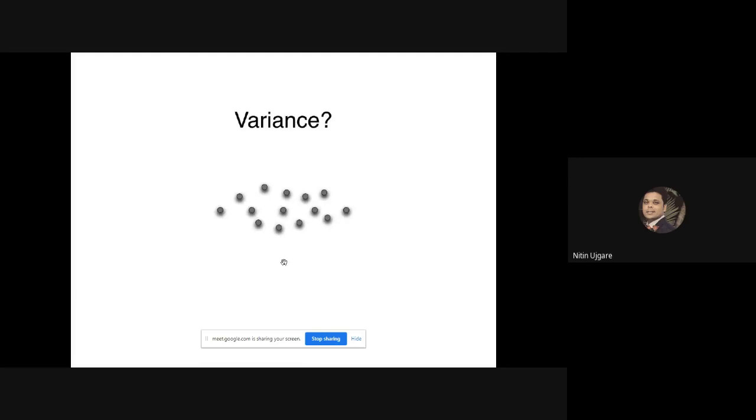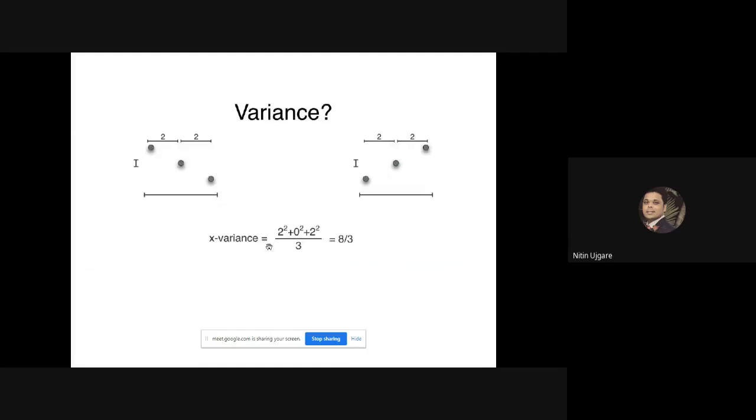Now we have seen the variance of this. So far we have seen the variance. When we send all these points to the x coordinate, we will call it the x variance. When we send all these points to the y coordinate, we will call it the y variance. So x variance means what? Transform or send all these points to the x, that is the x variance, and send all these points to the y, that gives me the y variance. Now can you calculate the x variance and the y variance for these two different sets of points?